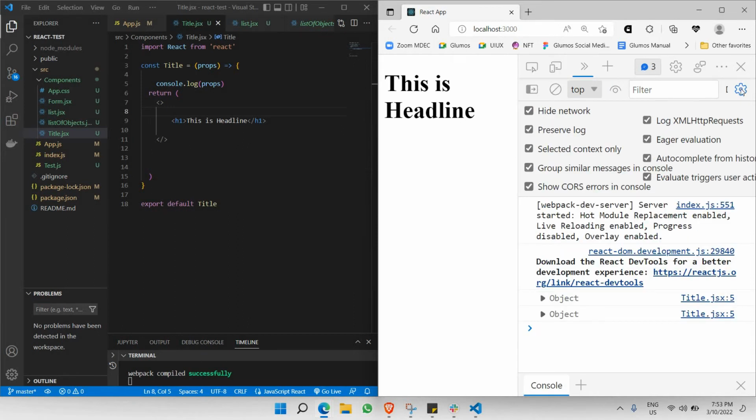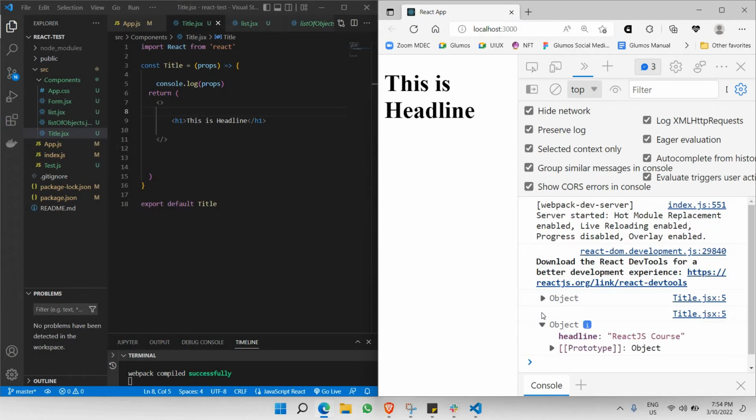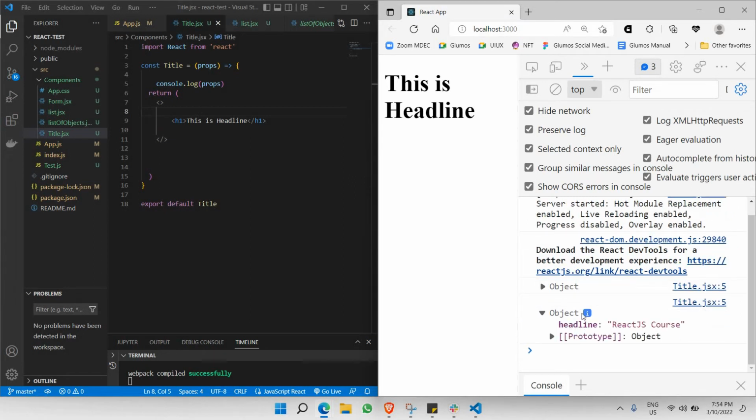Okay, so something has been displayed here. This is basically the console log that we did here. We just made it console props, so we can actually see what is inside this object. So this props is actually an object. So let's open it. As you can see, there is an object that has a child called headline,